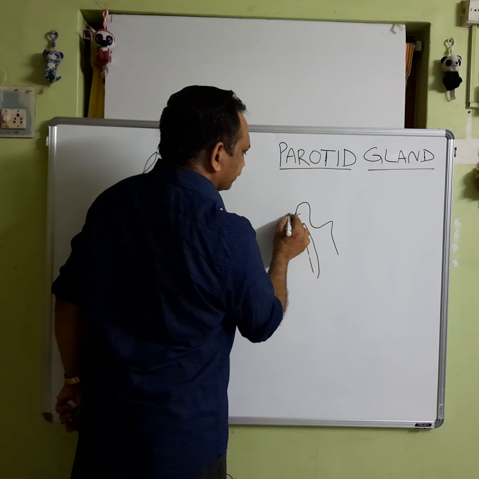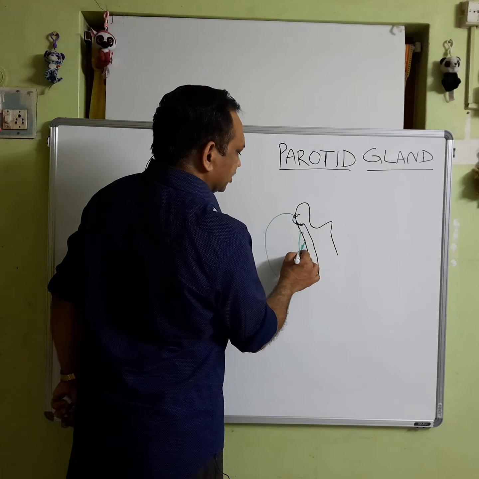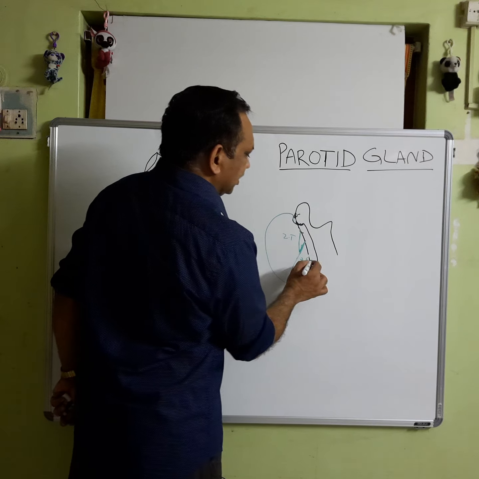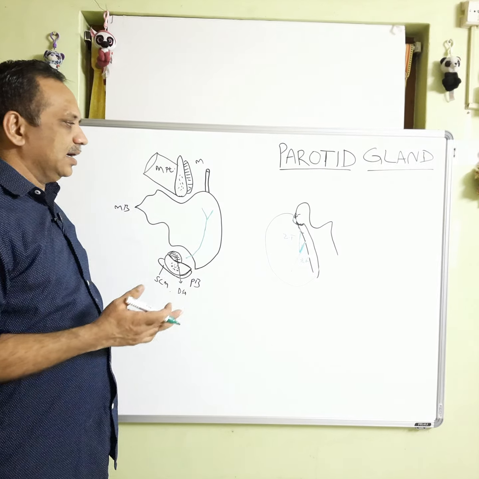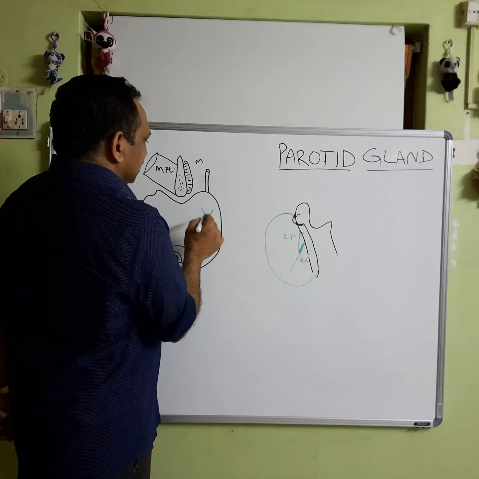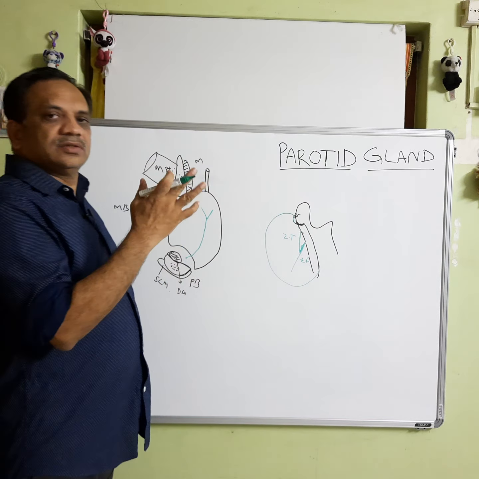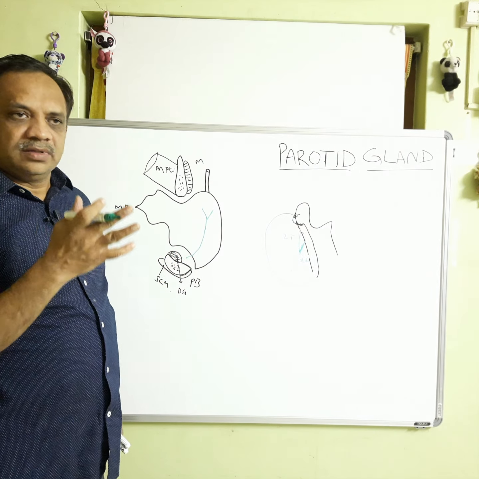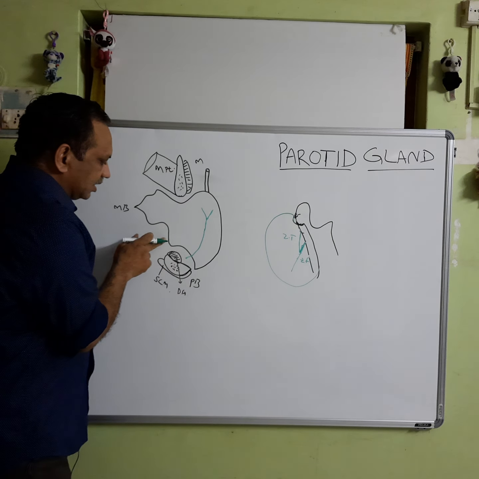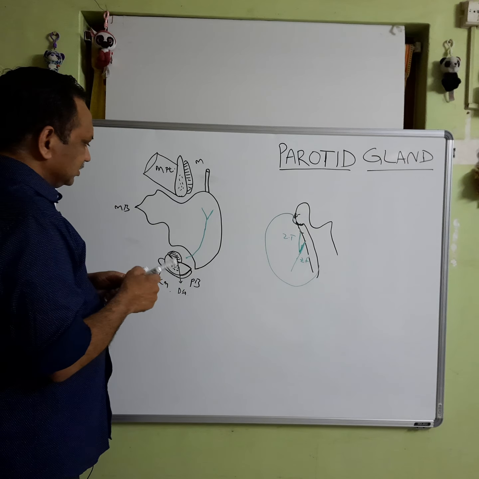If this is the gland, the facial nerve comes here and divides into two, zygomaticotemporal and zygomaticofacial. Details of this branching and other things we will discuss while we discuss the face. Then these branches emerge along the anterior border onto the face to innervate the muscles of facial expression. Then a little bit later, as already said, here is the styloid process and the styloid apparatus.